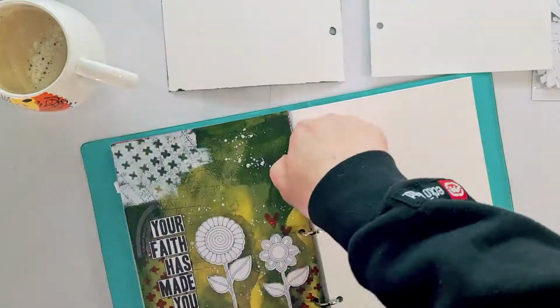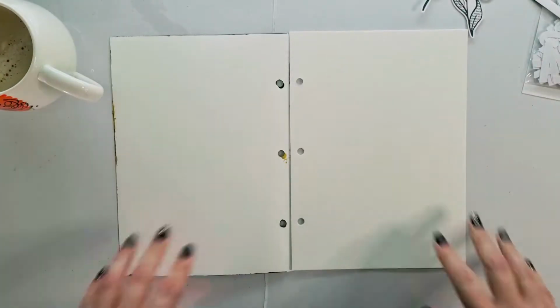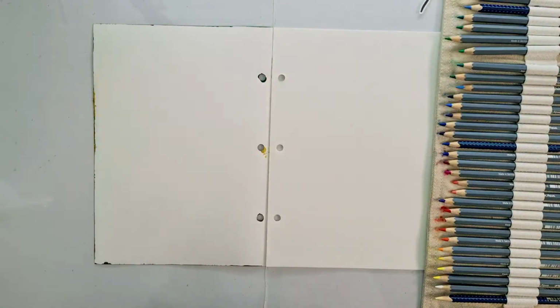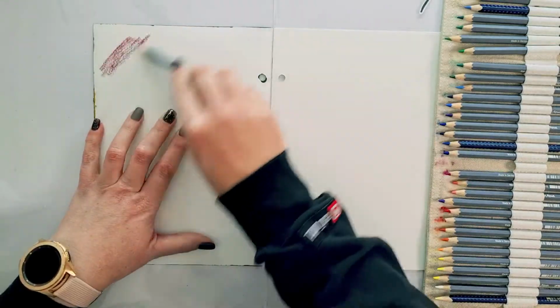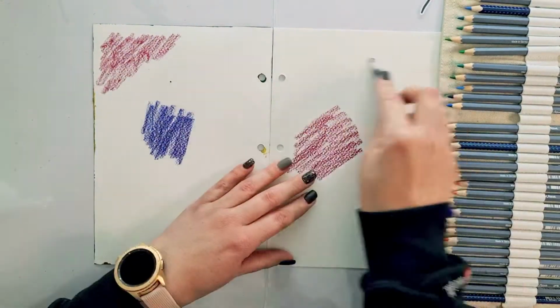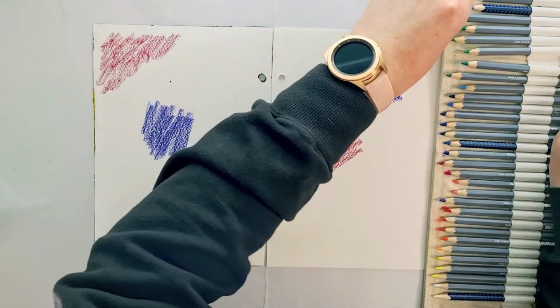Today we're getting into some art journaling again. I'm really enjoying this art journaling with the Roetz black and white printables for this month. The theme of the printables are increase my faith, and yes, we need all the increase in faith that we can get. So really just playing again in my Art by Marlene journal, and like I said before, this paper